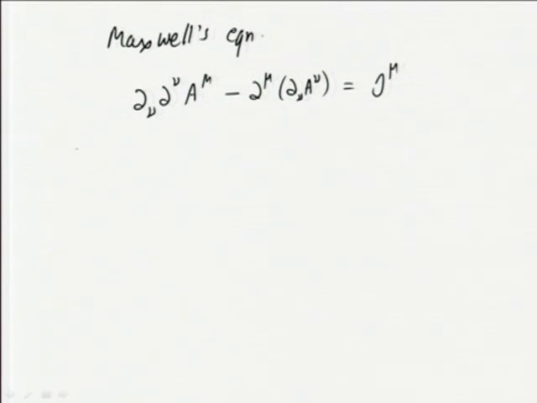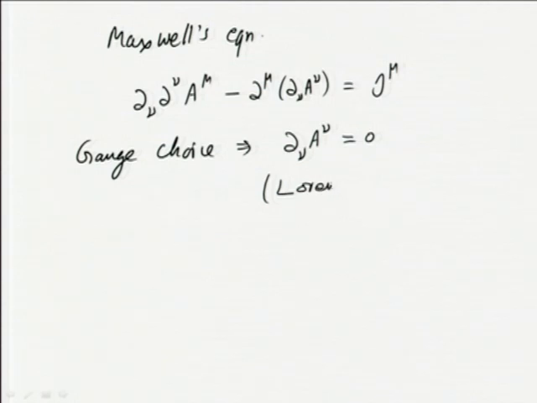So, if we have the condition that the gauge choice is such that dou nu A nu is equal to 0, as we discussed in the earlier case, this condition is called the Lorentz gauge condition. In that case, the second term from the Maxwell's equation drops out,